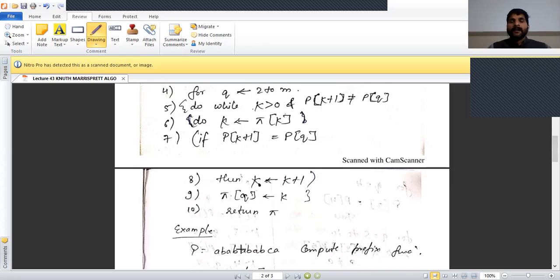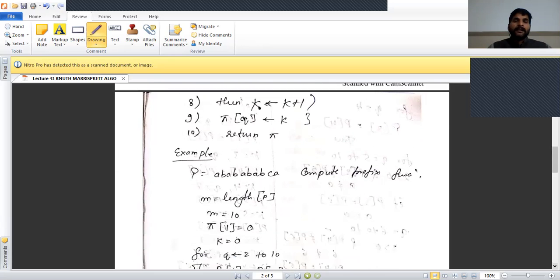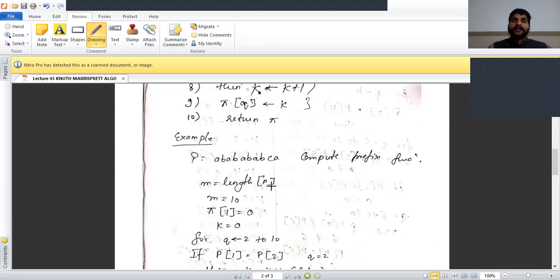Suppose the pattern is given as A B A B A B A B C A. Now compute the prefix function of this pattern. First we calculate the length of the pattern, m equal to length of P, and the value of m is 10.